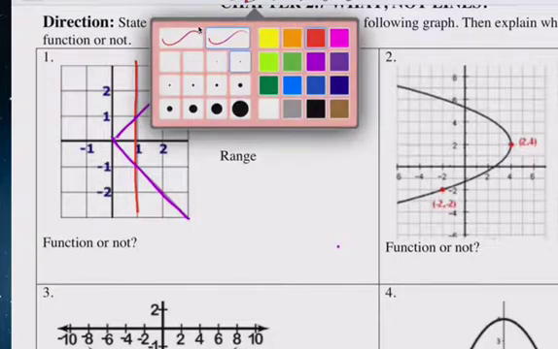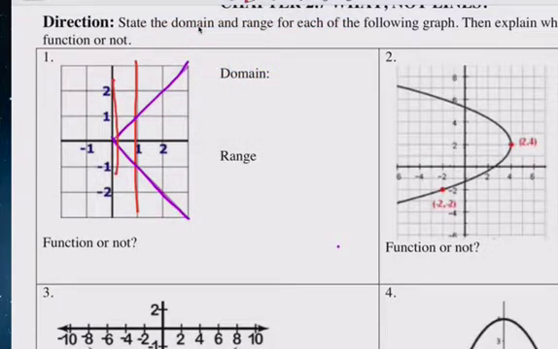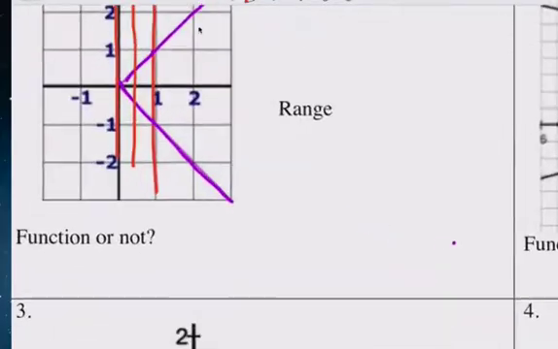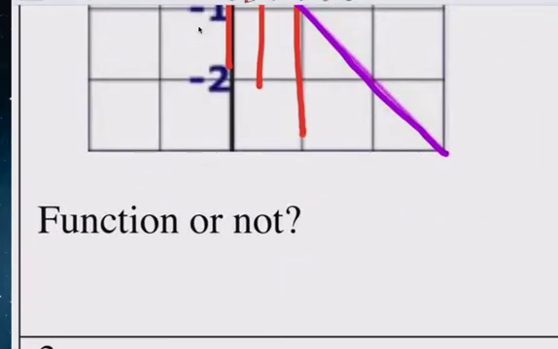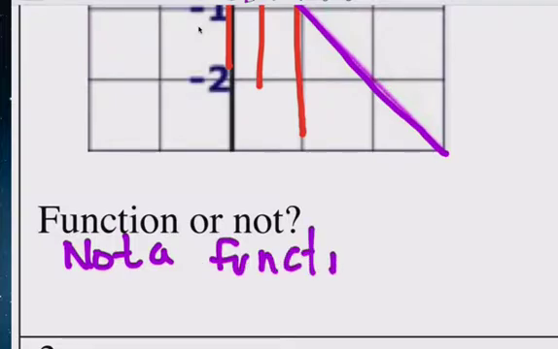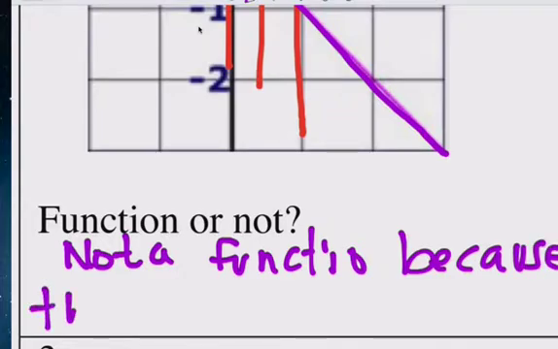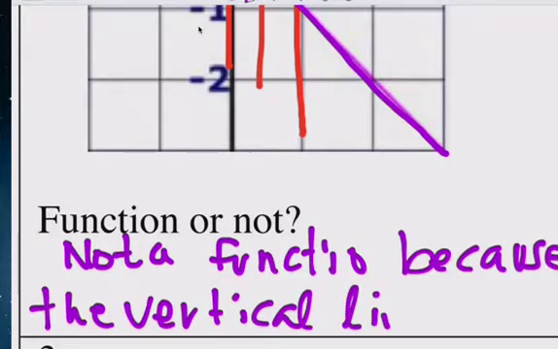Now, even though I understand right here it only goes through 1 point at the beginning of the graph, or the end as you see it, at any time, if a vertical line goes through the graph twice, it makes the graph not a function. So therefore you would write not a function because the vertical line passes